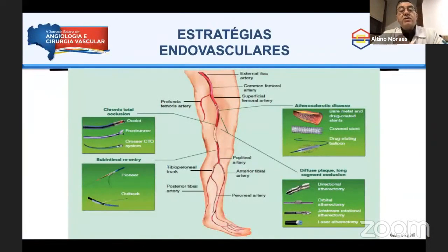E aqui eu trago, eu gosto muito deste diapositivo de Burana, porque eu consigo, por exemplo, o que eu uso em oclusão total crônica: Ocelote, Front Runner, Crosser, CTO System. Se eu necessito uma reentrada subintimal, eu posso usar o Pioneer e o Outback. Para as doenças arterioscleróticas, bare metal stent e stents